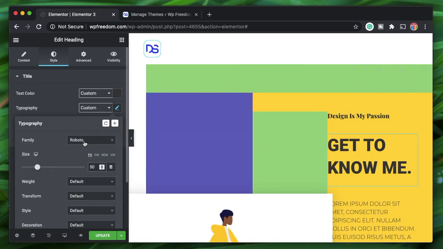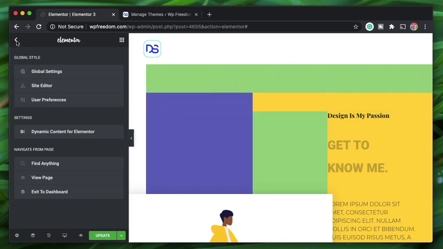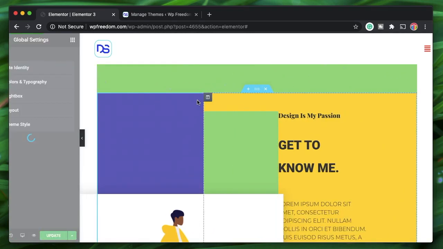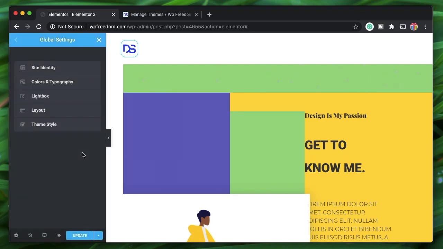And the moment you change it over here by clicking on the pencil icon, it will show that it's custom, it's not global. But if you pick the global preset, it will show the name, and everywhere you've used the global presets, you can change them from the centralized dashboard by clicking on the hamburger menu and going to global settings. So that's a really neat way to manage your colors and typography. You can define a font size and font properties for your paragraph, for your body text usually, and you can change them all from within the colors and typography section.